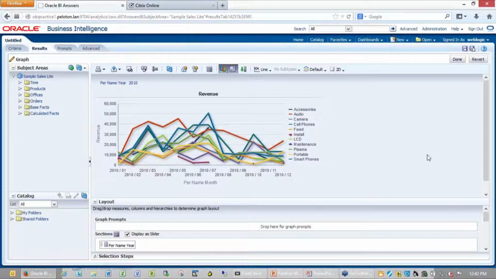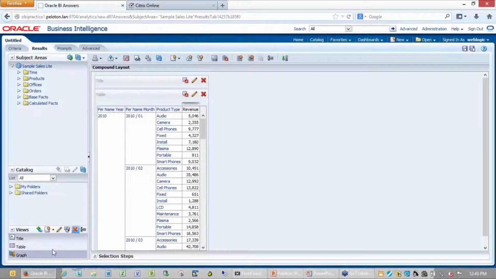Just the initial setup of some of these charts can be a little bit unintuitive for people just getting started with OBIEE. Here, as long as you understand the columns that you need, you click a button and it gets you 80% of the way there, and it's up to you to tweak it to your liking. We can click Done, and then I'll add that to my compound layout,